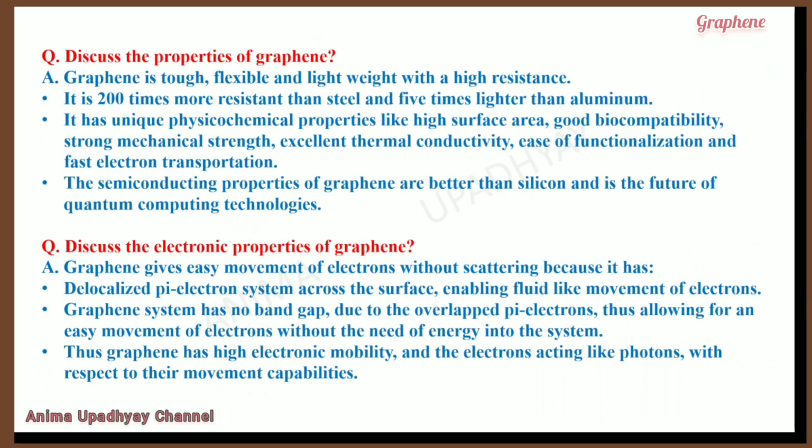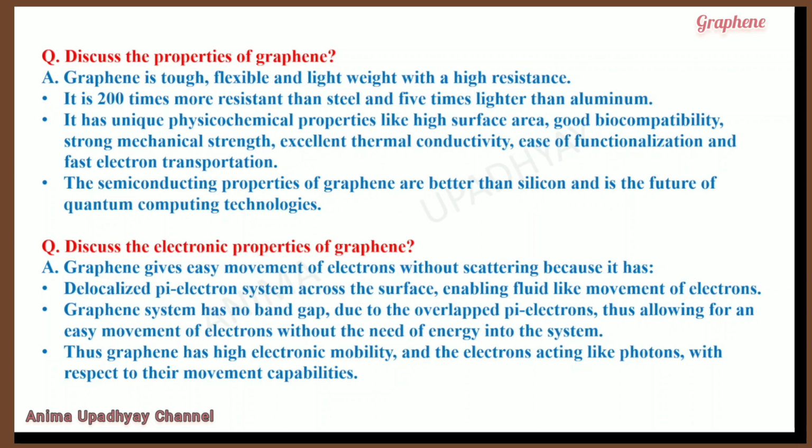Discuss the properties of graphene. Graphene is tough, flexible, lightweight with a high resistance. It is 200 times more resistant than steel and 5 times lighter than aluminium. It has unique physico-chemical properties like high surface area, good biocompatibility, strong mechanical strength, excellent thermal conductivity, ease of functionalization, and fast electron transportation. The semiconducting properties of graphene are better than silicon, and it is the future of quantum